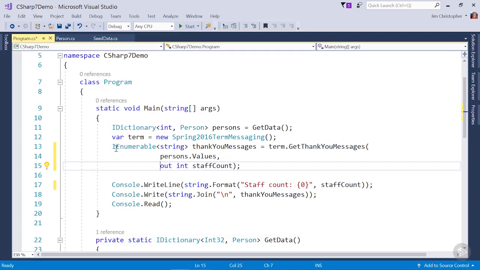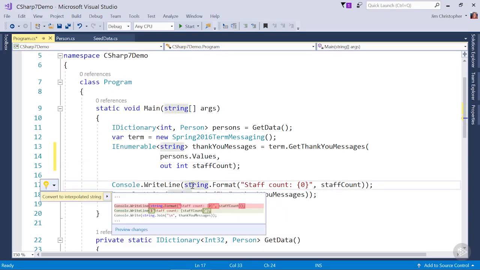Now, I'm not using a C#6 feature here that I could be using. In C#6, one of the things that was introduced is something called string interpolation. It's a way to work around string.format and not use the string.format approach. So if you position on string.format, now you're going to see a pattern here because I'm going to have you hit Control period. Now it says convert to interpolated string, and when you hit enter,